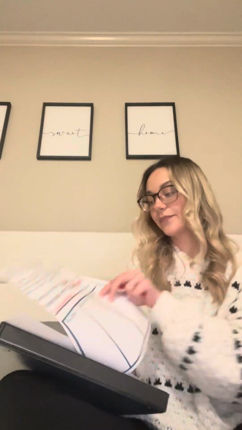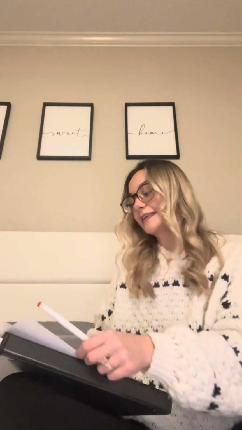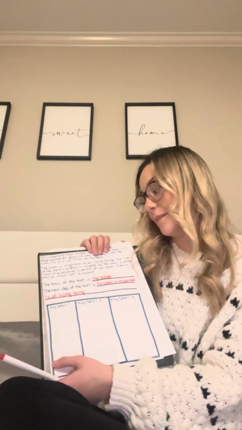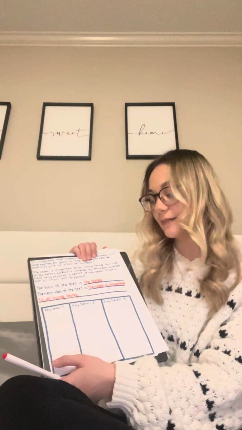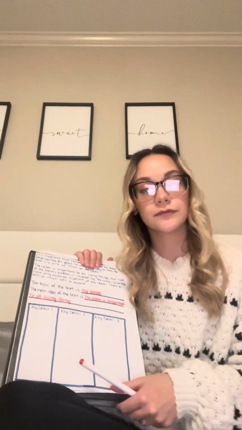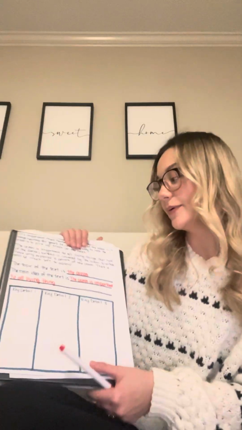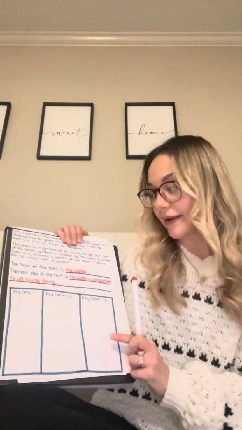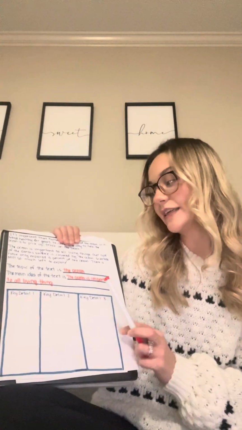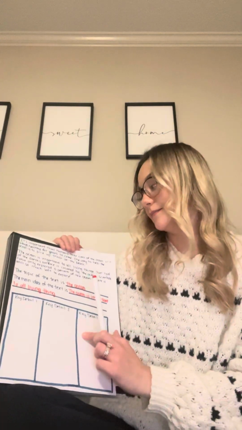So we know that the topic of our text is the ocean. And we know that the main idea of our text is that the ocean is important to all living things. And we also know our three key details. So for our summary, we're going to start with our main sentence. So this is how we're going to summarize it. The main idea of the text: the ocean is important to all living things. We know that the ocean is important to all living things because,